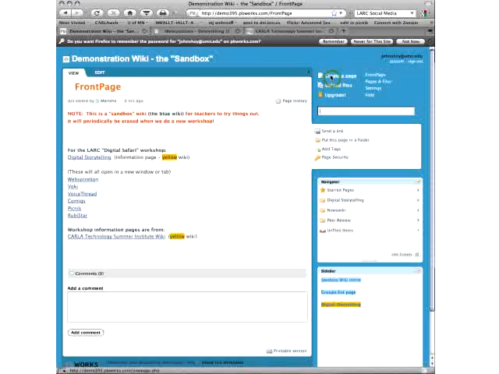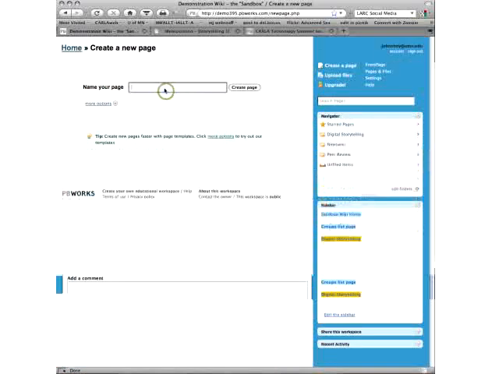Okay, so as you're coming in, you're going to create a page, and you're putting your number in and your name, and this is the number from your login. So it's something like demo 059 or demo 099, and then you're creating the page.